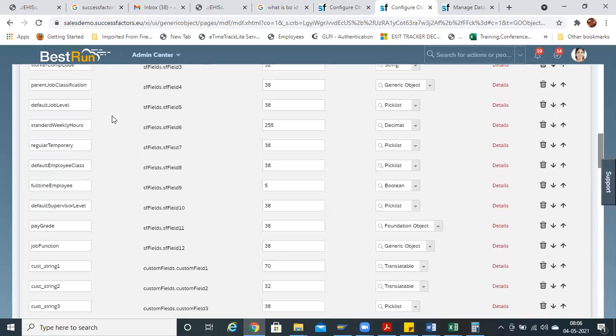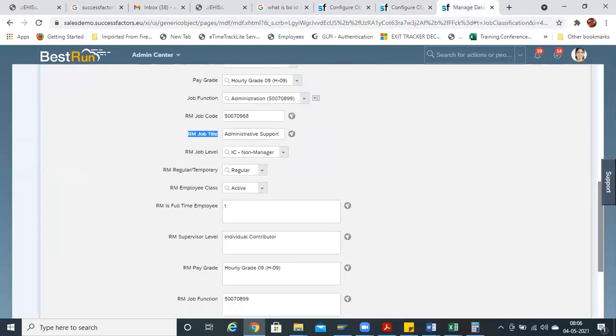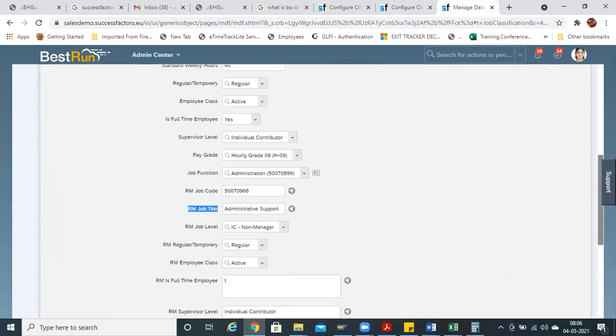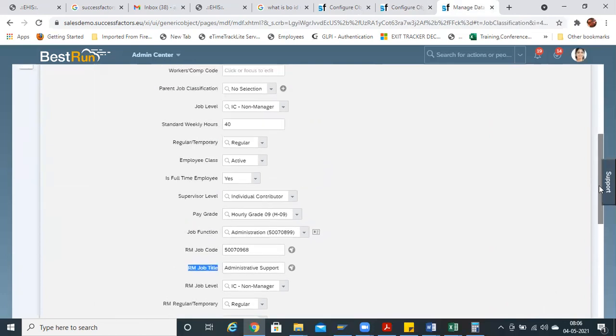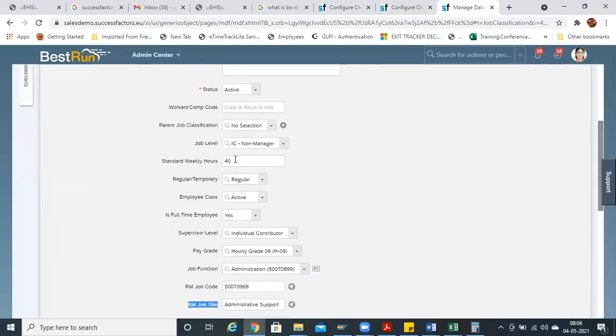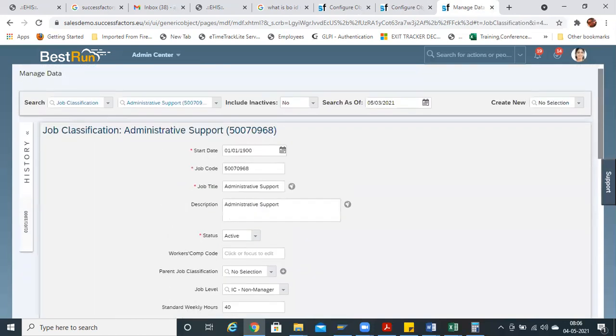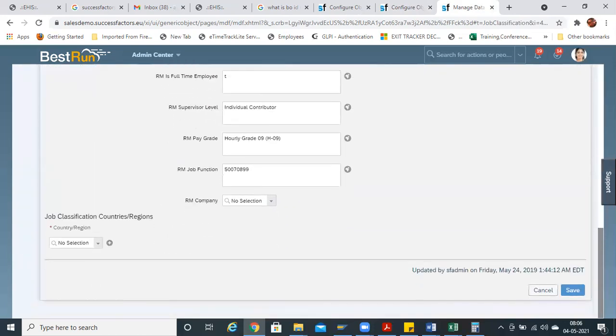If it is a decimal, like standard weekly hours, you may even include decimals, because under job, standard weekly hours are mentioned without decimals, but it may also take decimals. So not to worry. Like this, the job classification can be configured.